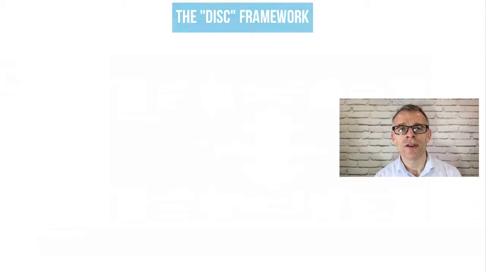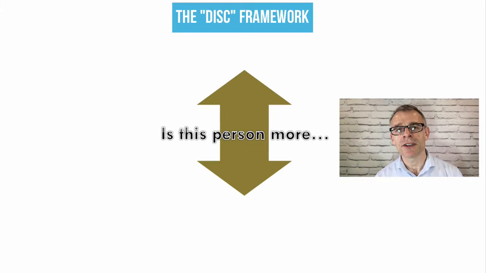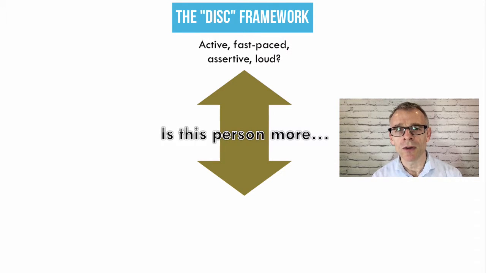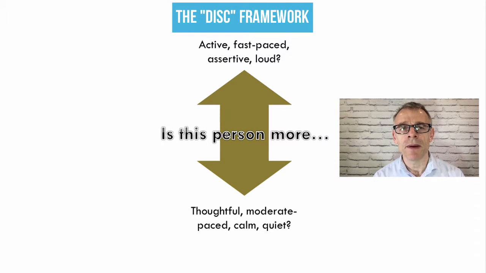So I'm going to pop down to the bottom of the screen and I'm going to talk you through the DISC framework, so you understand it and can maybe think about how you might use it in your own workplace. So the DISC framework is based on two dimensions. The first is the dimension of how outgoing or how quiet that person is. So if someone is outgoing, outspoken, quite bold in asserting their opinions, versus are they a more quiet, reserved and calm person. So they're the first of the two dimensions.